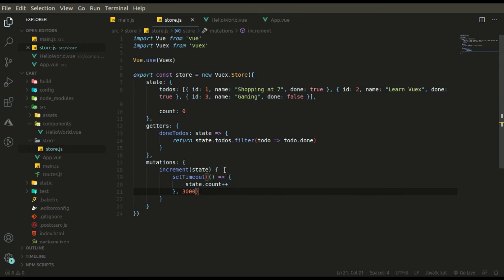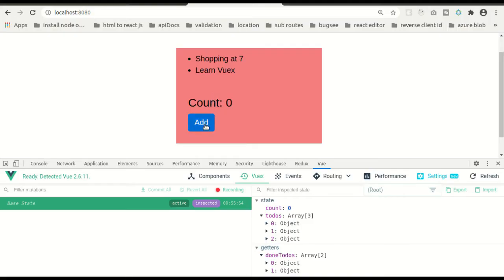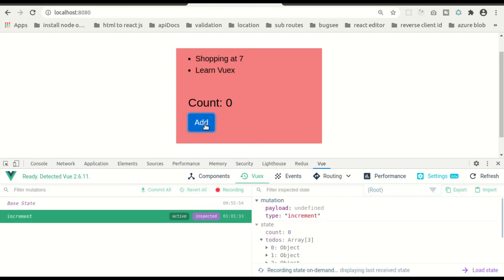It will trigger after 3 seconds. Let's see how it looks. As you can see, we got this entry over here as soon as we click that button, but the changes over here were made after 3 seconds.